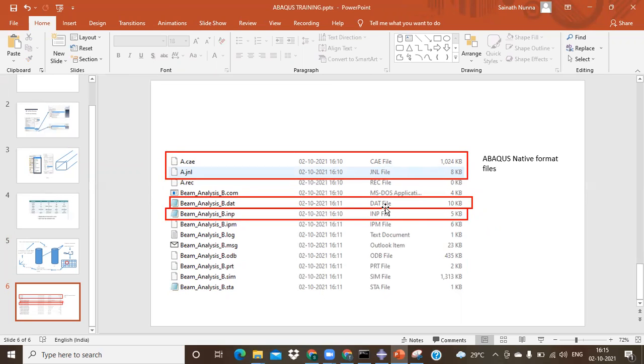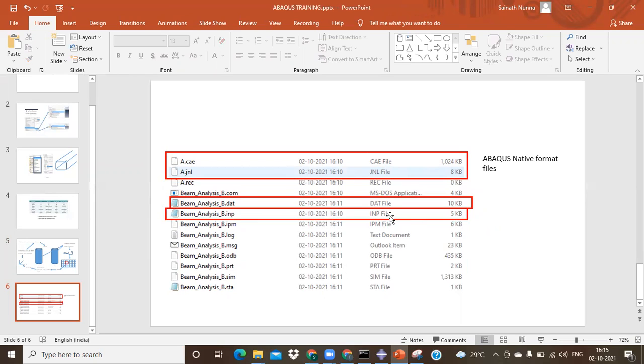This DAT file gives you the complete story: when the solver starts, what has been used, how much memory has been used, all the log information, everything you can see in that DAT file.